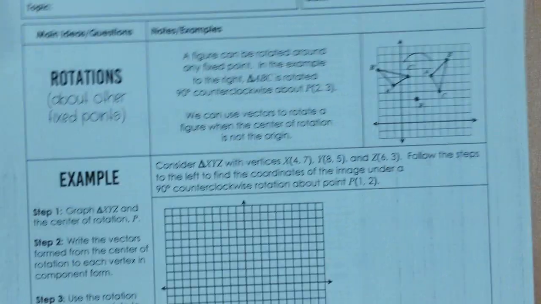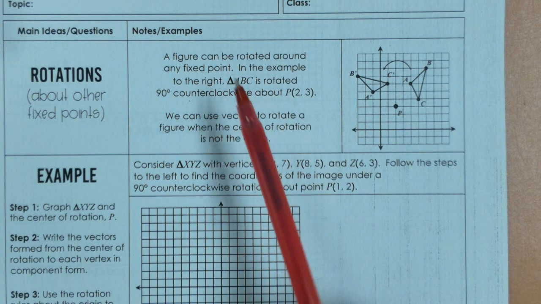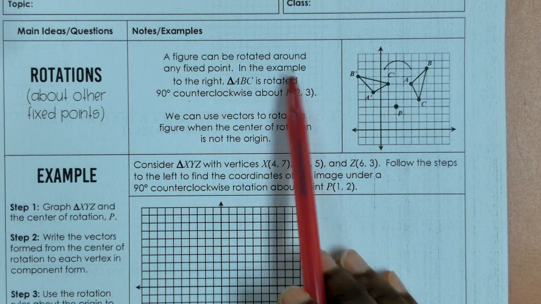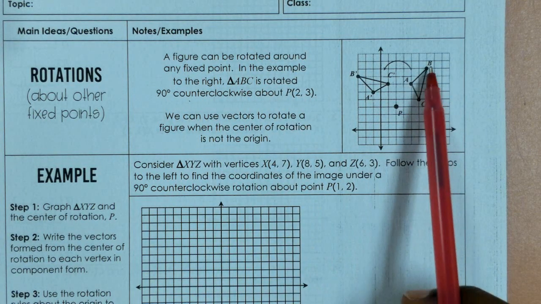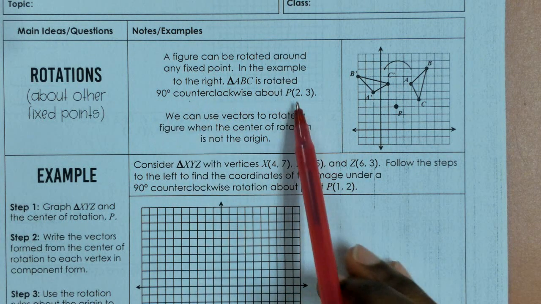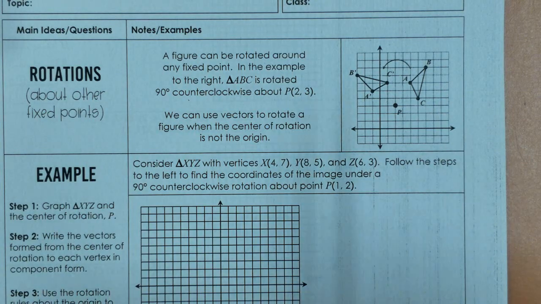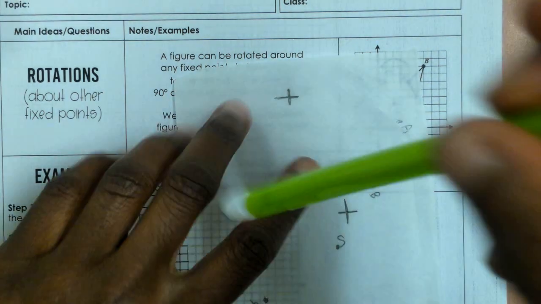Okay, then there's 2 pages of practice for that. And then for the second one we're rotating around other points besides the origin. So the notes are already written here for you. A figure can be rotated around any fixed point. In the example to the right, triangle ABC is rotated 90 degrees counterclockwise about P. So basically what they're saying is that this point, and I'm going to erase some of these